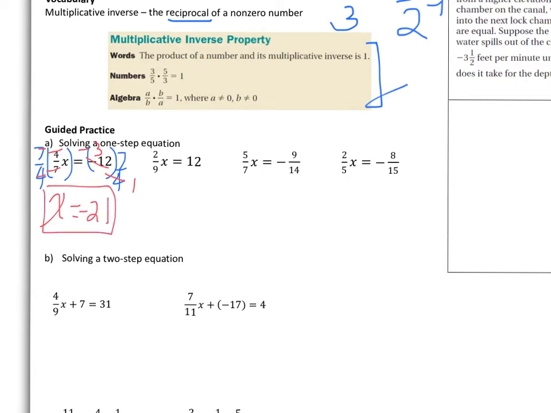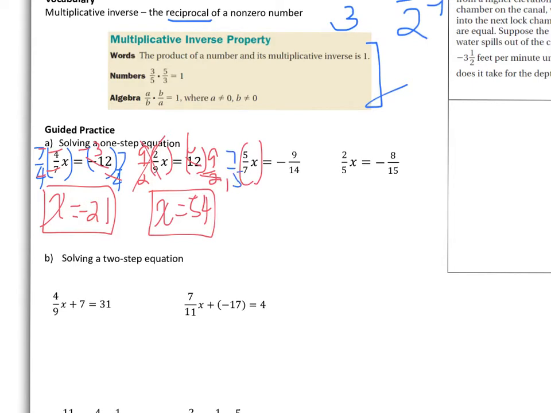To answer. And for this one, the next one, 2 over 9x equals 12. To isolate the variable x, I can multiply both sides by the multiplicative inverse of 2 over 9, which is 9 over 2. Okay, and x would just be 54. Okay, here, again, let's multiply both sides by the multiplicative inverse of 5 over 7, which is 7 over